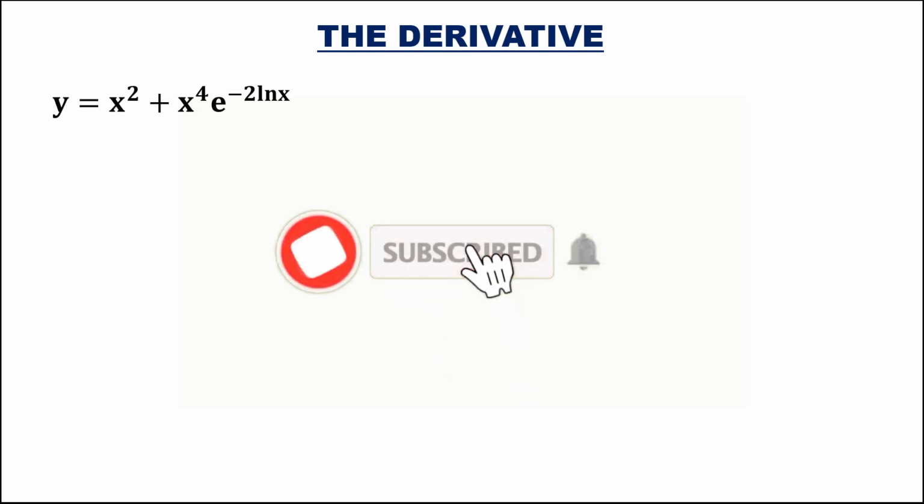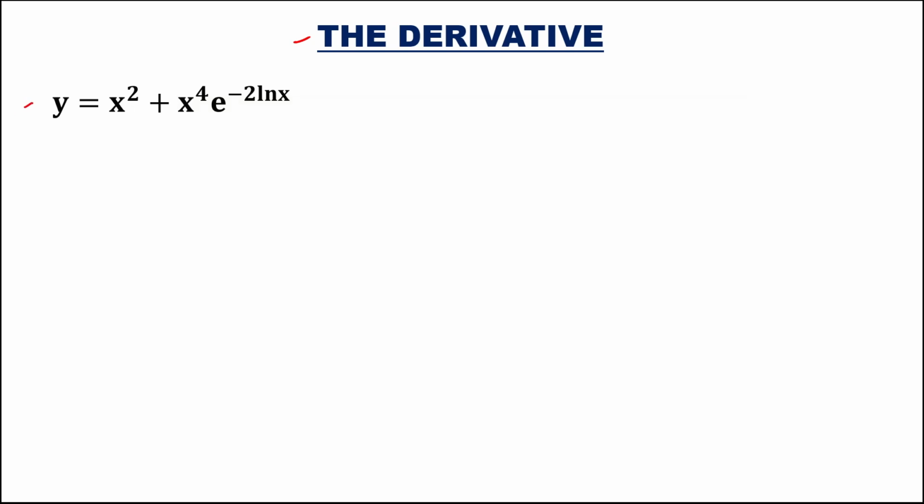So for this problem, to find the derivative, take note that if we can simplify the given, we need to simplify before finding the derivative. So this given becomes y equals x to the power 2 plus x to the power 4 times e. And for this logarithm, using the power property of logarithm,